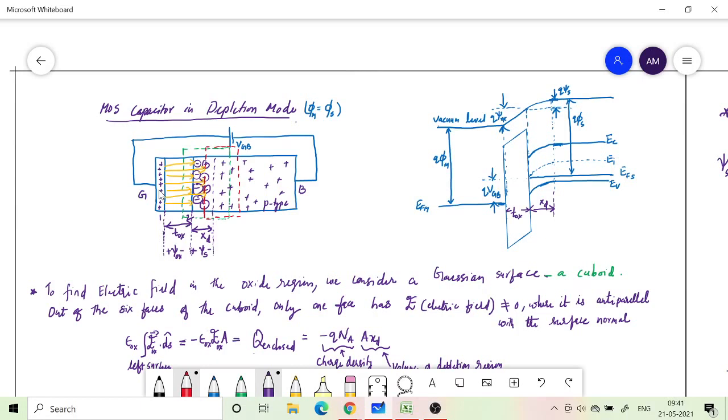Okay, and the positive charge which originates the electric flux lines will finally terminate on those negative charges. In other words, there will be voltage dropped across the insulator region or the oxide region. So this is the oxide here, the middle region. There will be an electric field and a voltage drop across the oxide region, and the remaining voltage drop will be in the depletion region.